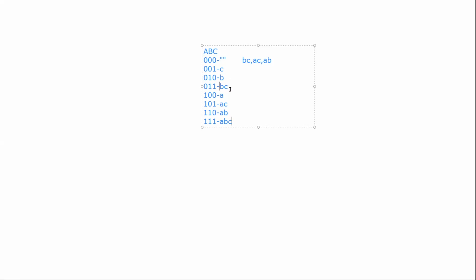We can check only starting from the least possible number which has three ones. How to calculate the number which has three ones is 2 power 3 minus 1, which is 7. This is the least possible number which has three ones. In a similar way, here we require only substrings which have at least two characters.